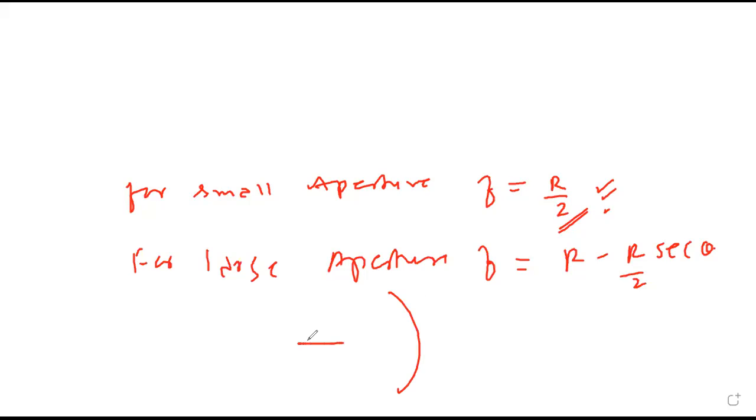And here theta is nothing but the angle between a ray drawn parallel to principal axis and the line going through center of curvature. So this angle is called theta. This part has so far not been asked any time in the exam. Just for your understanding I have given. We have to remember only this.